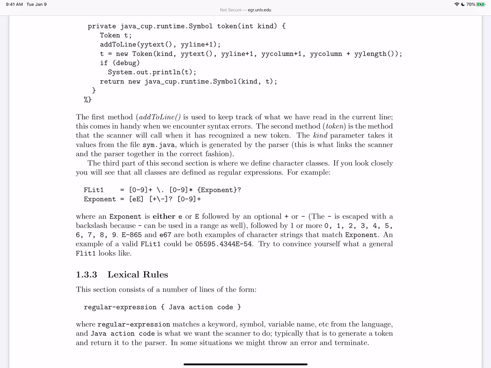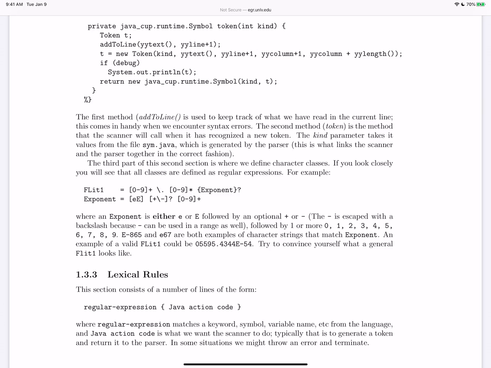If you're anything like me, then you can never remember the syntax of regular expressions when you see them written down, and you've got to go look it up. But if we look at this for a little while, then it's probably not that difficult to decode. So this says that an flid1 is something that's generated by the regular expression on the right. And it's a choice between the characters, and when I say character here, I mean not the values 0 and 9, but the characters 0 through 9, right? So it's the characters 0 through 9, and the plus there means at least 1.